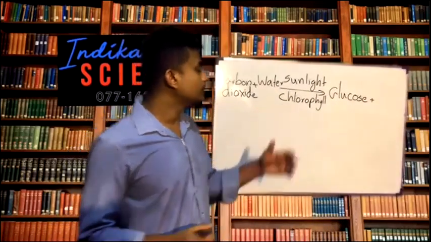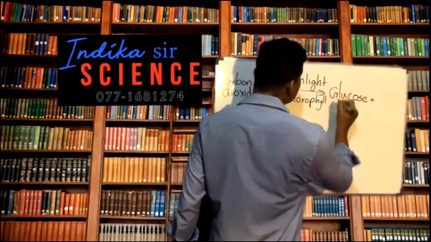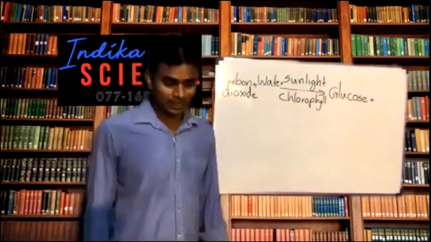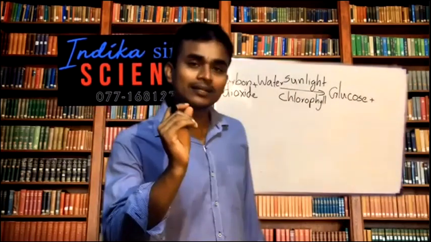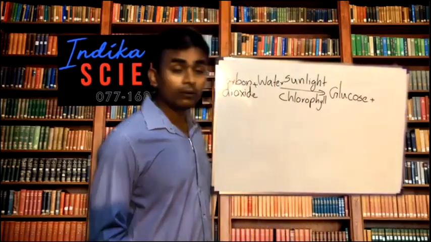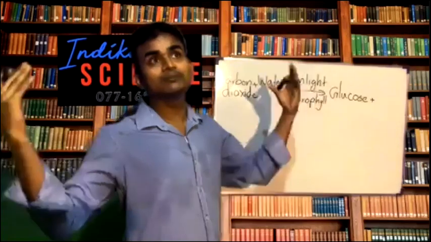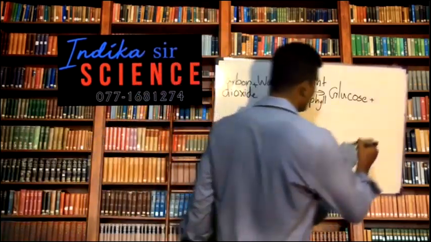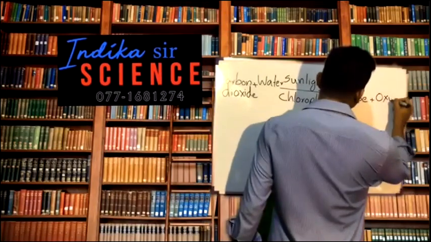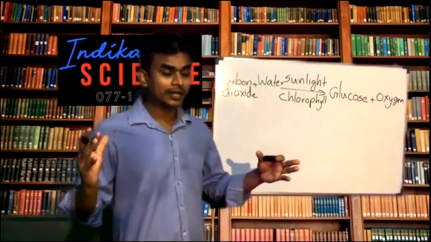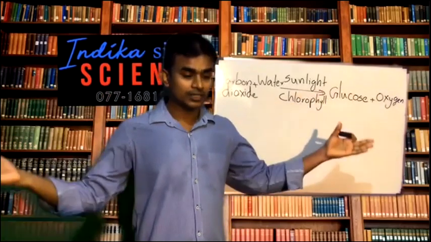And glucose plus another thing, oxygen. What is the other thing produced during the photosynthesis process? Glucose plus oxygen. A very important gas comes out from the green plant. Oxygen. Yes, oxygen. That's why I am telling you it purifies the environment. You see, because of the photosynthesis process